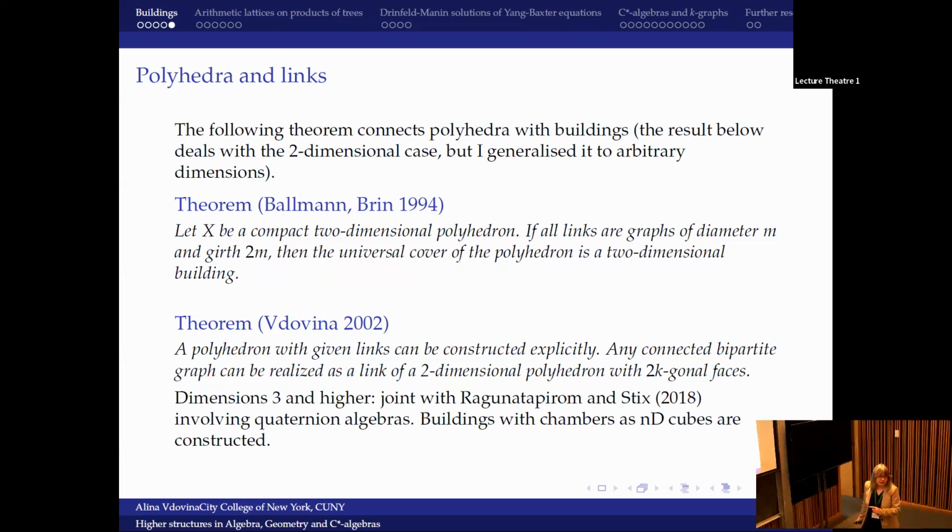But if we look at the universal cover of the polyhedron glued from 4 squares I showed before, then the universal cover is already non-trivial. For experts, it's an A1 tilde plus A1 cross A1 tilde building. And there are uncountably many apartments contained in this building.